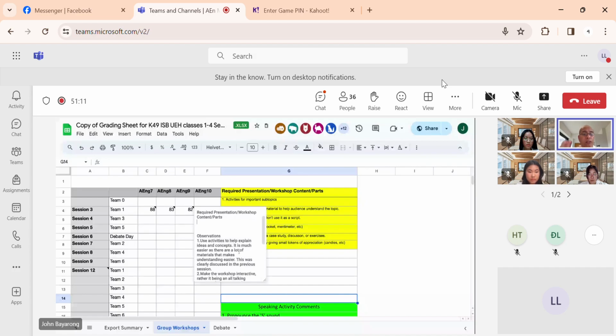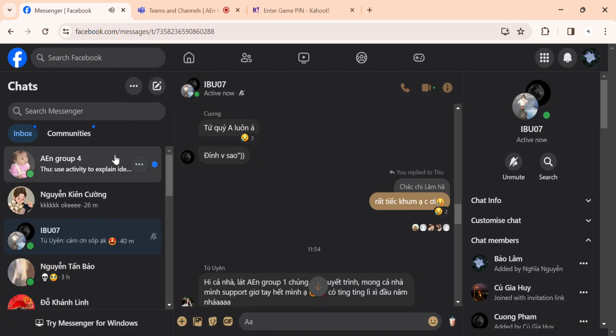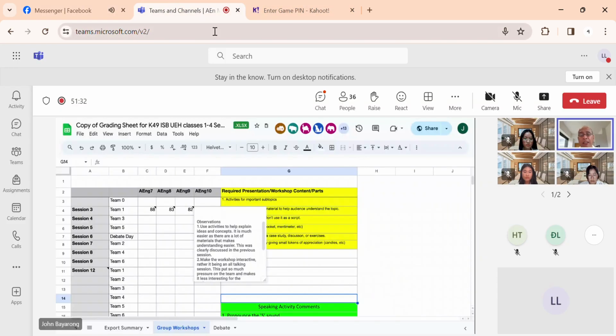I want you guys, all the teams, not just Team 1, to use activities to help explain ideas and concepts. There are so many materials available, whether printed or online, or a certain activity that makes it easier for you to discuss the ideas and concepts you are assigned.